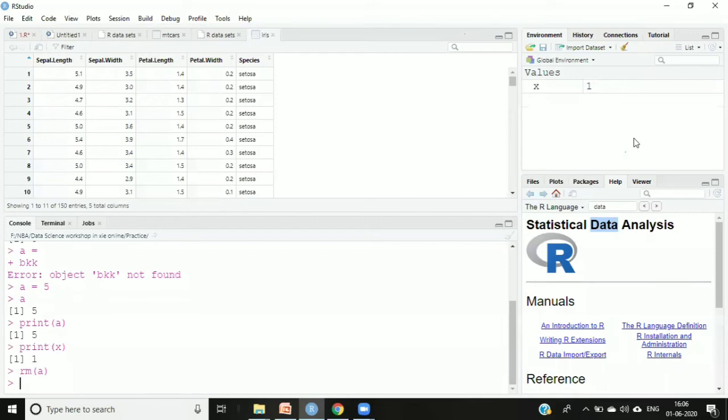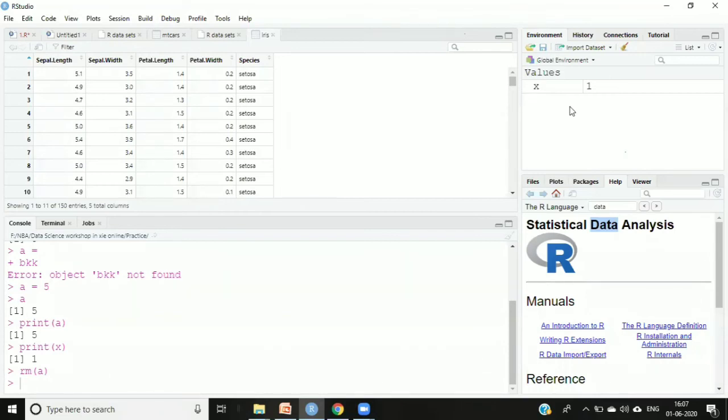You may wonder why I'm clearing this. What happens whenever we do a big project? We'll be running lots of big data sets, doing training and testing, and then you will observe that lots of things get created here. This will make our things run slow. And second, it may also happen that if you try to run another project, the variables are already loaded inside the workspace. This is called the workspace. If the variable is already present in the workspace, we may get older values of that particular variable, and the values will not get refreshed.